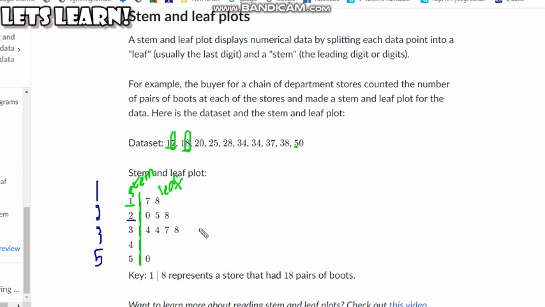Then I also discussed that you have to keep the numbers in the numerical order. What do I mean by this thing? If you see, I can't write numbers randomly here in the leaf part. I have to make sure that I'm writing the numbers in the ascending order. I'm first writing the numbers that are smaller, then the numbers that are bigger. If you see, I've written 7 here, and then comes the 8. There is 0, 5 and the 8. There is 4, 4, 7, 8. You do not see that 8 is coming first and then the 4 is coming at the last. No, you have to make sure that you're following the numerical order.